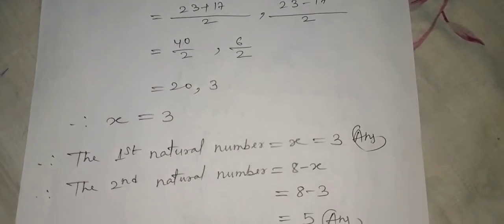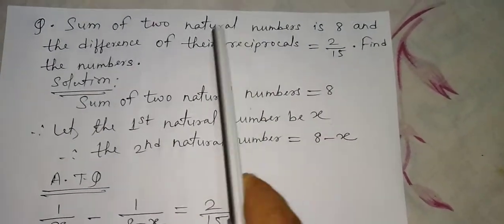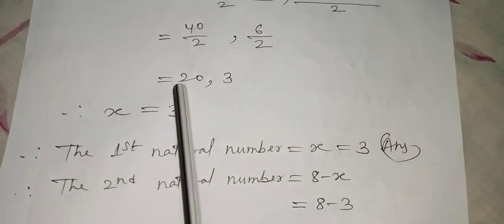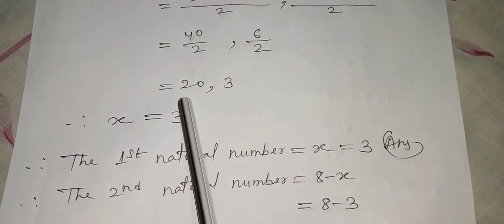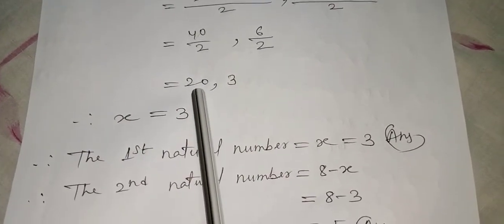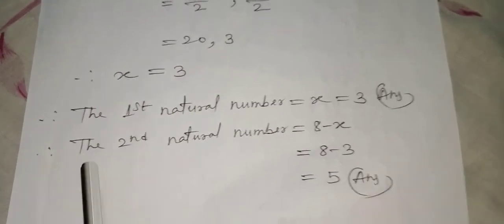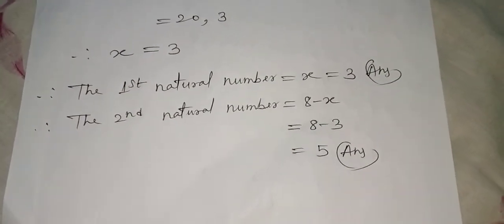I did not take 20 because the sum of the two numbers is itself 8. So when you add two numbers it is 8, but if I take 20 then the condition is becoming more than the question, because the sum is 8, and if the first number itself is 20 then how will we do the sum of two numbers? So we have to take only 3, and then the first number and second number I have got here. So I have just given you a hint. You can check this question, how I have done it.